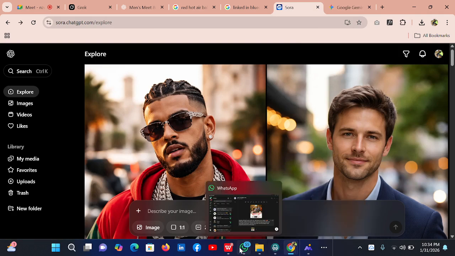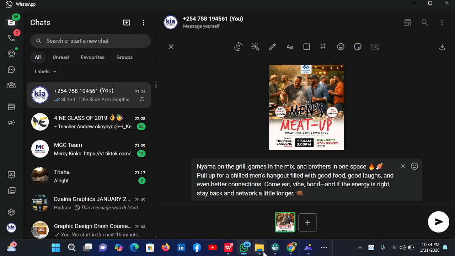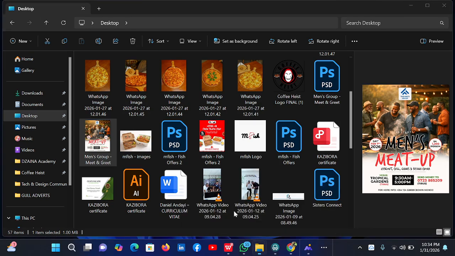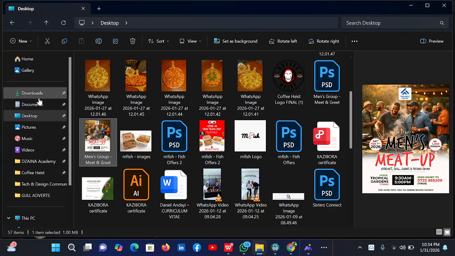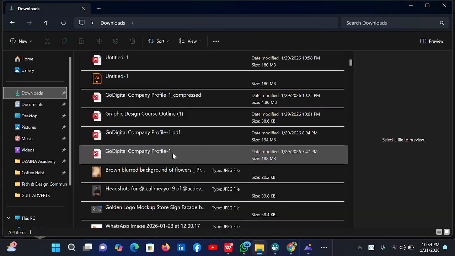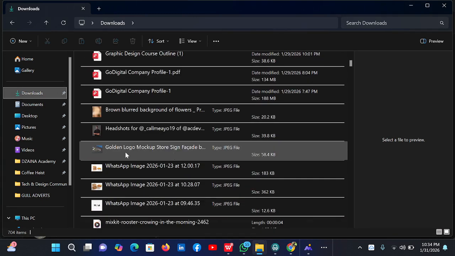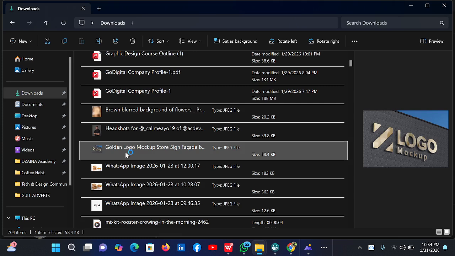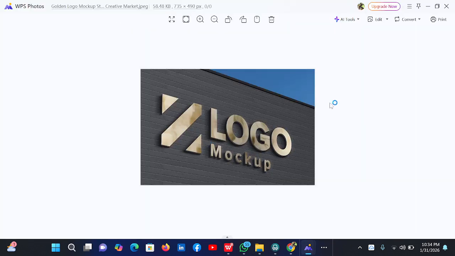Okay, so let me show you something else when it comes to mockup generation. When it comes to generating mockups, let me just use a certain example I got some time back. There is an example I did on TikTok of how you can be able to achieve a similar kind of a mockup.